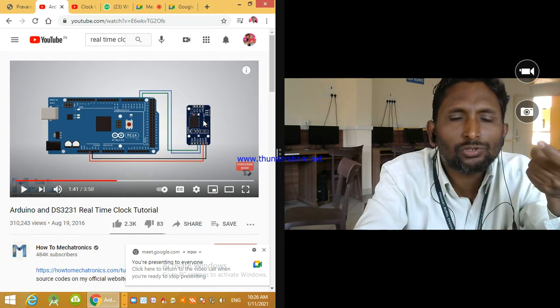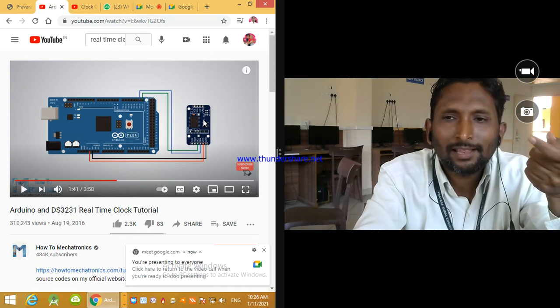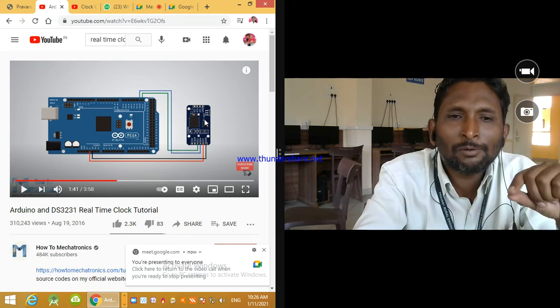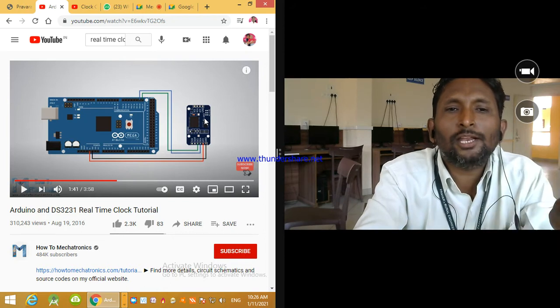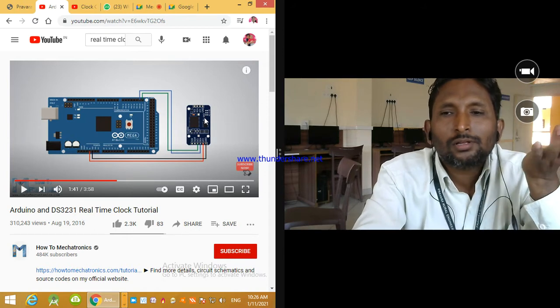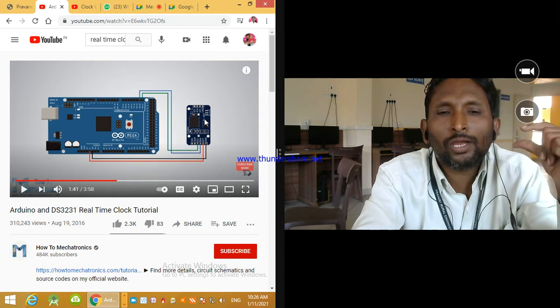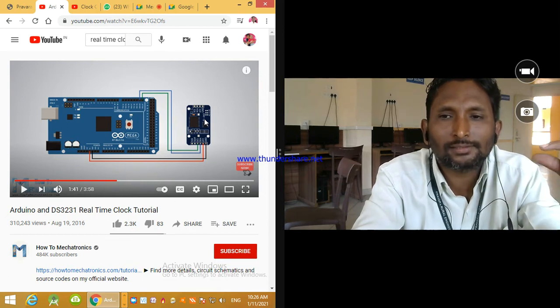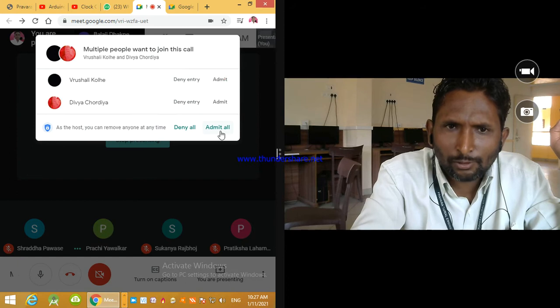One more thing that I want to share with you, it requires DC supply again, right? That DC supply is nothing but the input to that clock. Through that input, it generates the signals to create the records of real time showing of seconds, minutes, hours, months, years and leap years. Have you seen this? Are you able to see this?